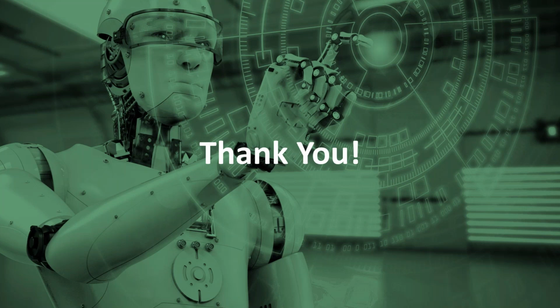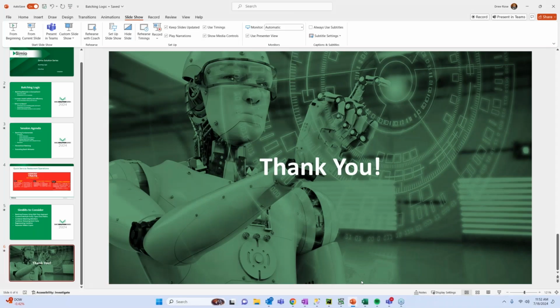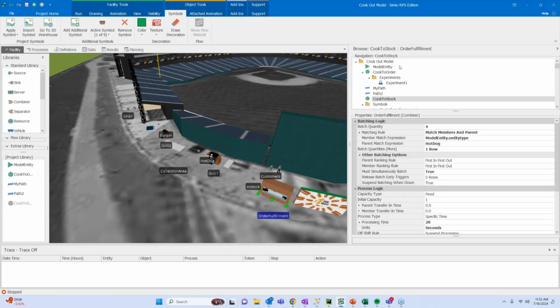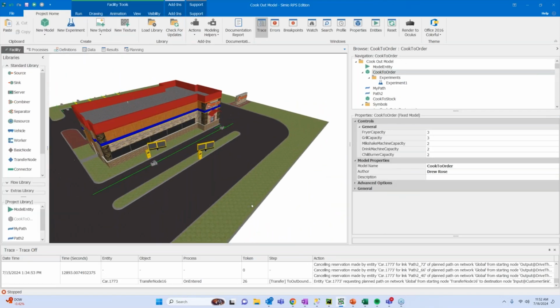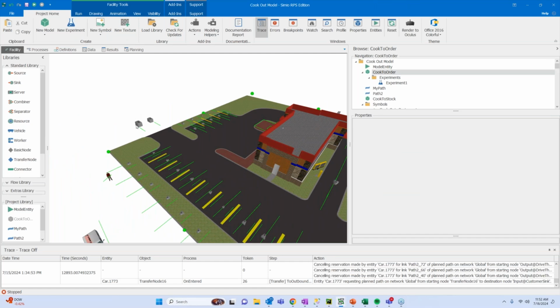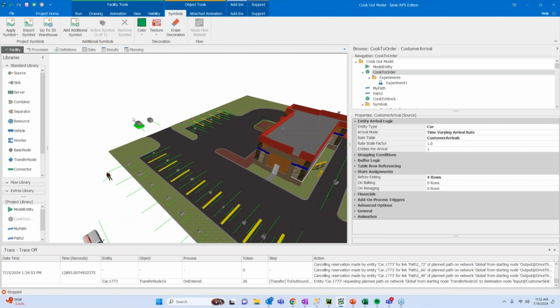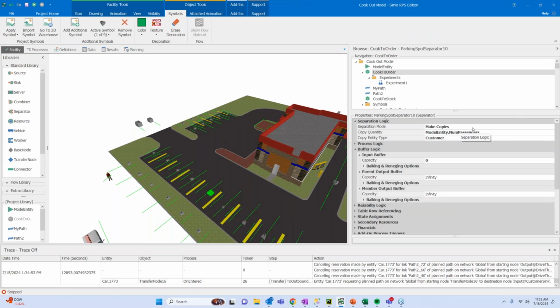Going back to your drive-through example, with your car, did you need to batch the people into the car first so that you could unbatch them at the parking spot, or can you unbatch entities that haven't gone through batching logic? Yeah, and I think that's a great point. In that given example, I made the assumption that I will not have customers first batched. Customers in this case are generated from the state variable that I've assigned. So customers are generated using a state variable.